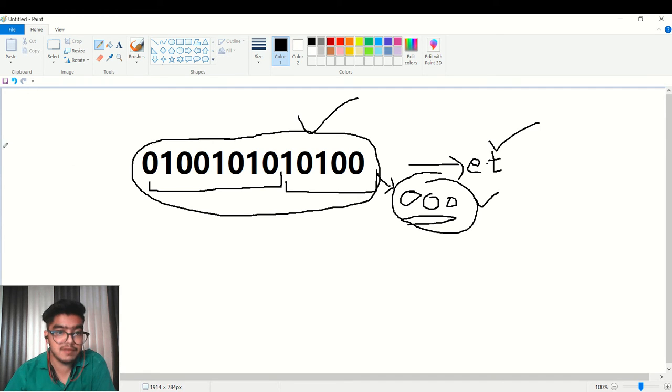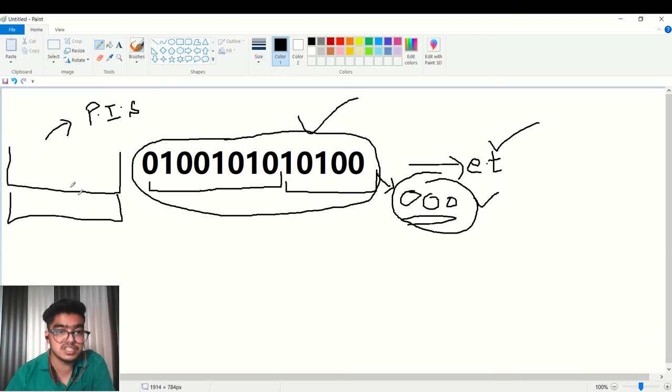For that we have to use the first 8-bit slot as a padded information slot. In this padded information slot, which is the first 8 bits, we are storing how many padded bits we use.